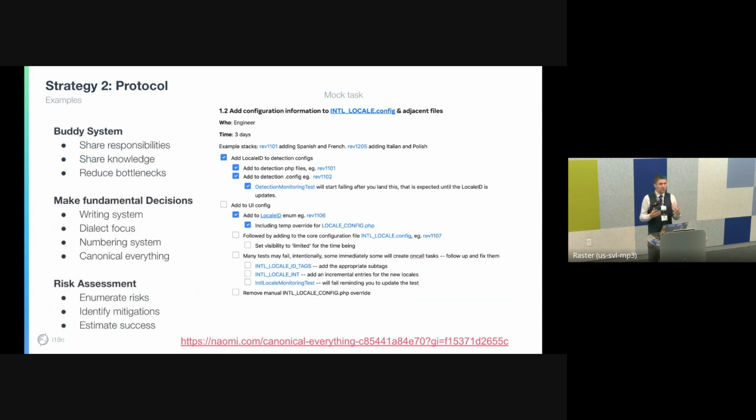Other things about protocol. This is kind of the interface of documentation and protocol, but some things aren't even written down. Some things are a buddy system. So make sure that you are not the one sole person in charge of launching languages or in charge of your thing. I'm not the only engineer that can do this. If I wanted to go on vacation, I could, and one of my colleagues could provide the support to continue launching a language. Part of that's having documentation, but also making sure you've shared responsibilities and shared that knowledge, so you don't have bottlenecks and can still execute on a good timeline.